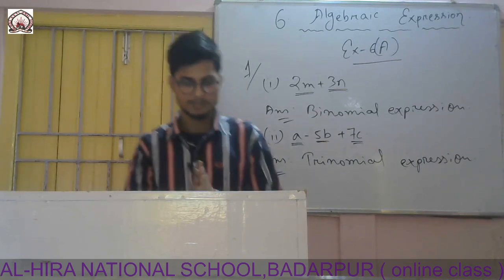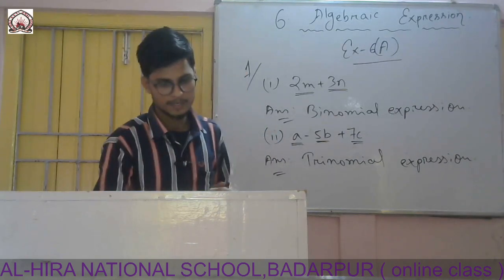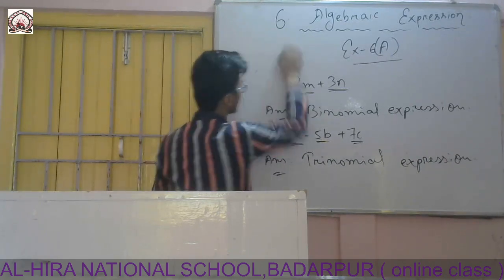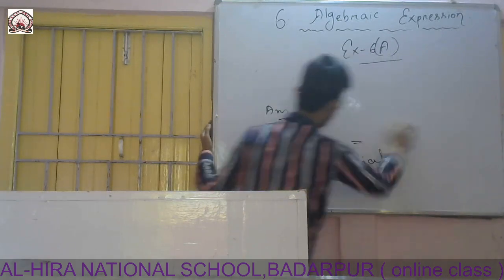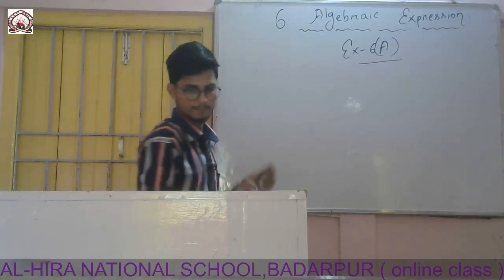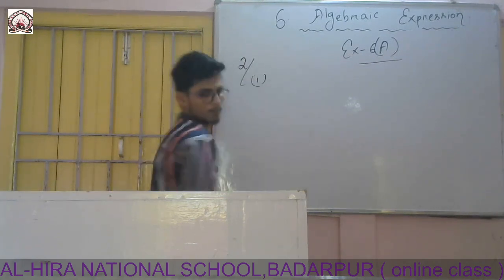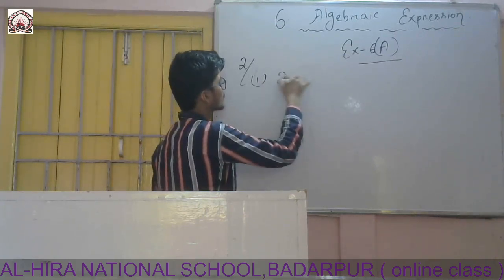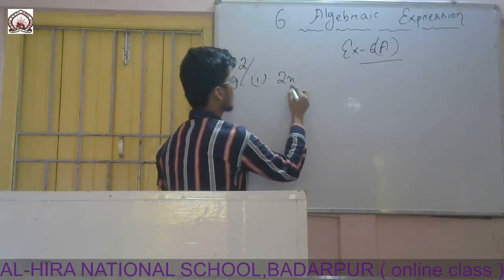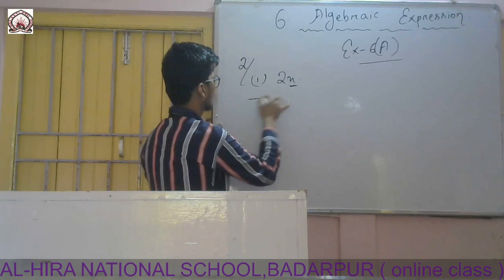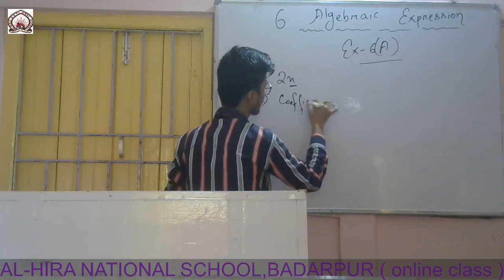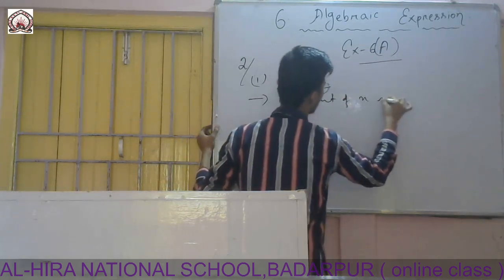Okay. So now let's move to question number 2. So you have to write the coefficient of x in each of the following. So let's do. Question number 2, Roman 1. First one is 2x. So you have to find the coefficient of x. That means in simple way, just leave the x. Which part left? 2 left. So therefore, coefficient of x is 2.